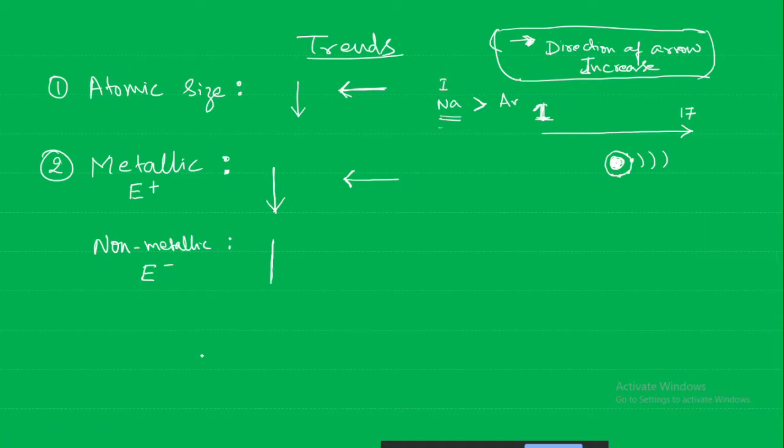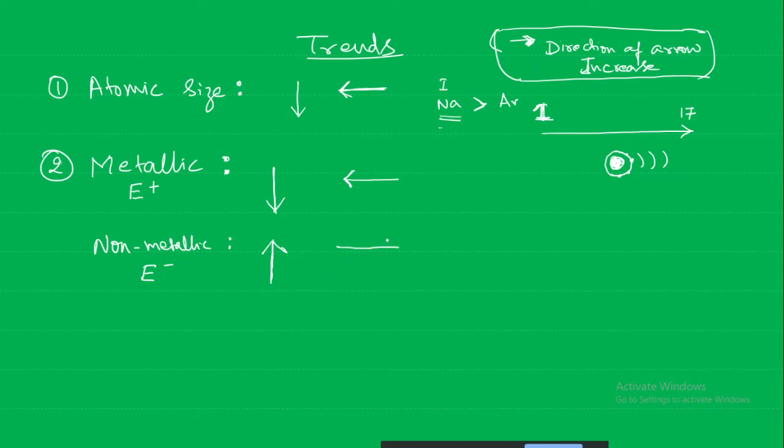It will decrease. Because I am drawing the arrow only in increasing order, can I write like this? Yes, sir. The upper ones are more non-metallic. The elements lower in the group will be more metallic. Okay. Upper ones are non-metallic. Across the period,